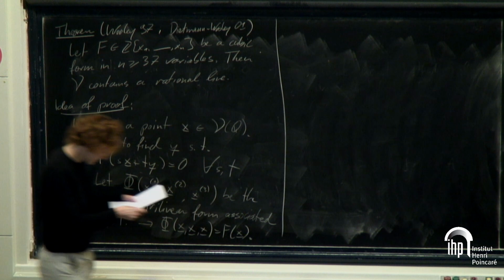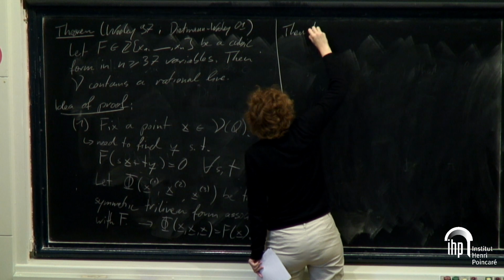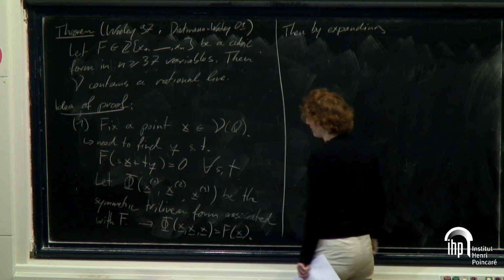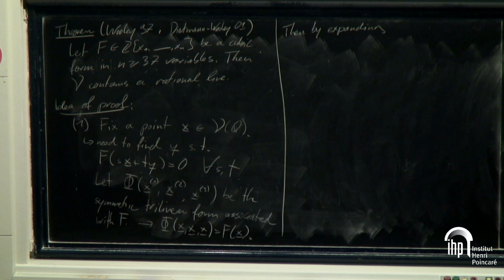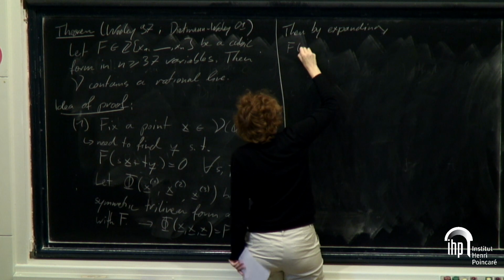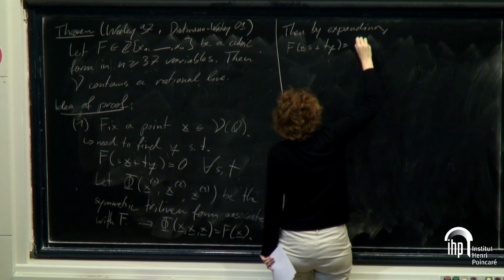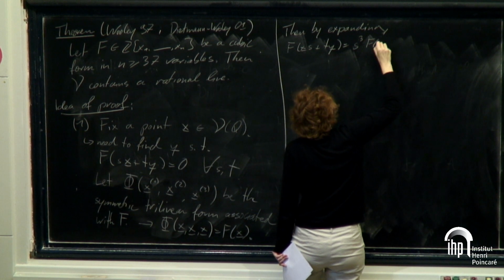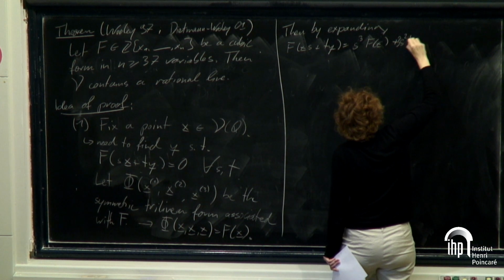Then we can write this f as phi of three times the same thing and use linearity. And what we get is that this is equal to s cubed f of x plus 3s squared t